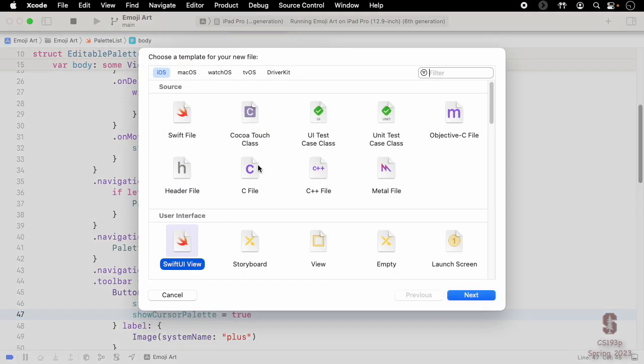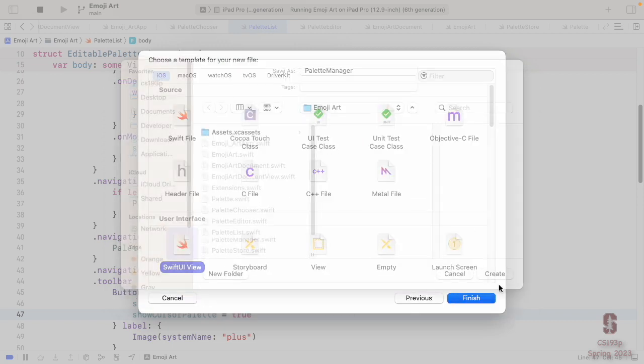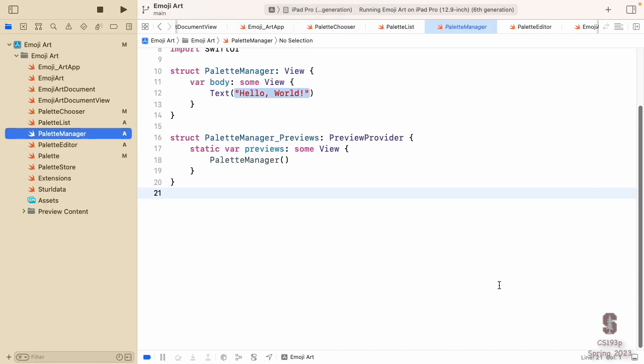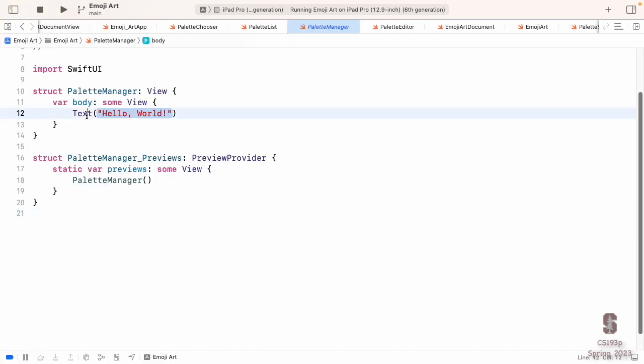New file. It's a view. I'm going to call this one my palette manager. And what the palette manager is going to do, it's going to manage all the palettes in all the stores. Not just our main palette, this bit got injected down, but it's going to manage all the palettes in all the stores.